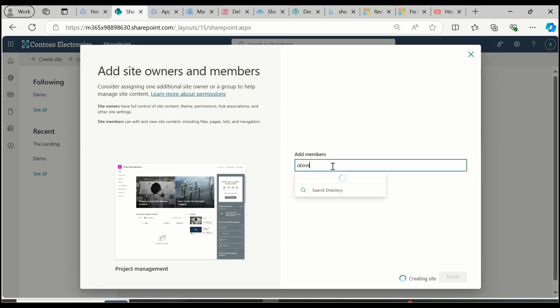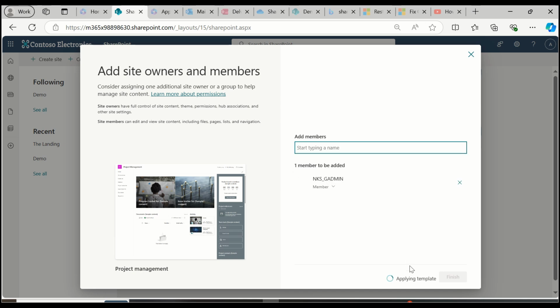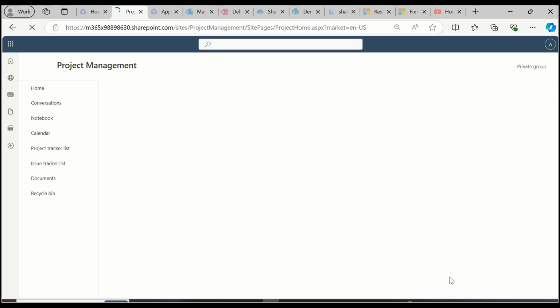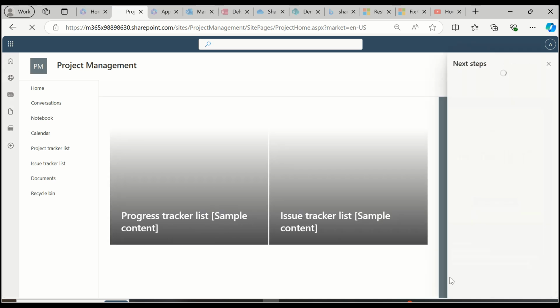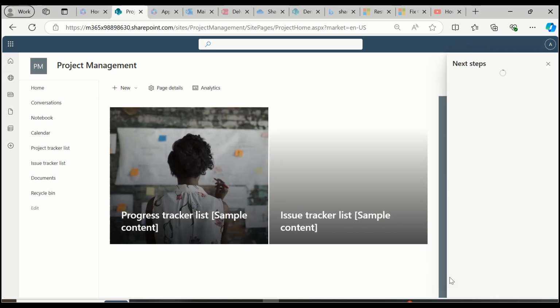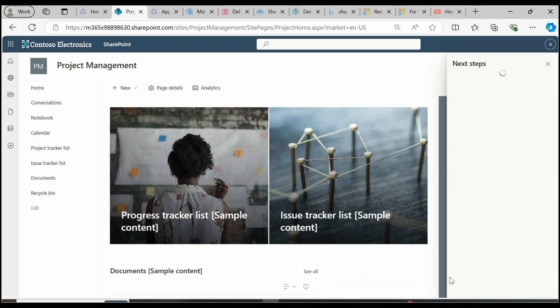So here I'm going to add my global admin as a member of the site, and then it says that one member has been added, and you can see he has member role. I could change him to become an owner of the site, but no, just leave it as default. I'll select finish. And the beautiful thing about the SharePoint framework is the fact that you don't need to necessarily know a lot of designing or coding. Alright, it's very useful and handy for your respective